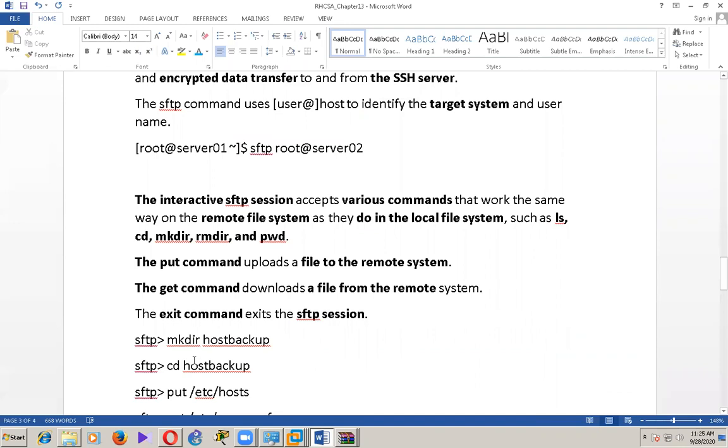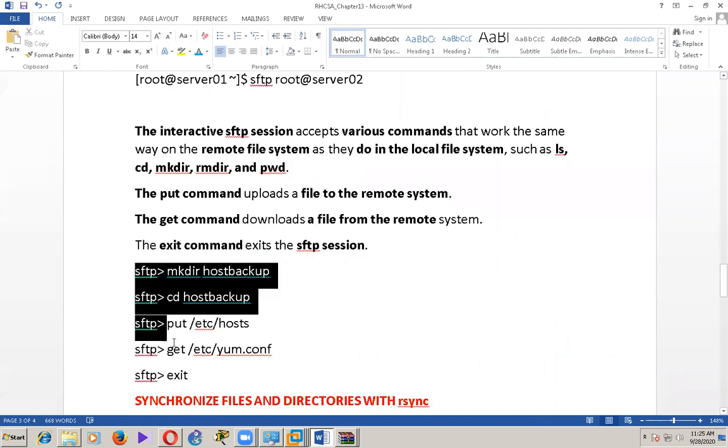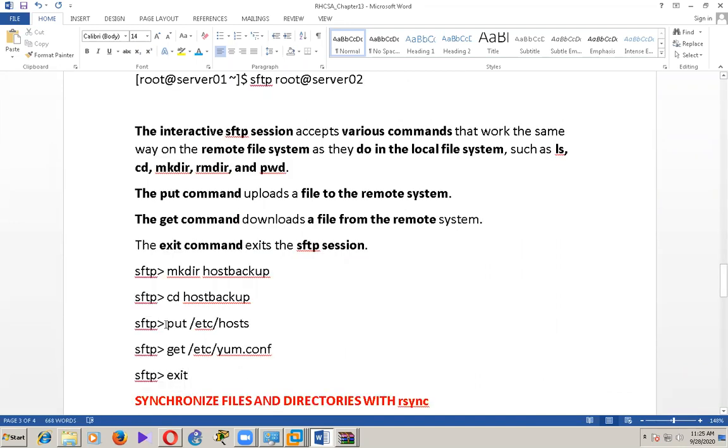This is my put command. Put means upload. We want to upload this particular host file to the FTP server, and I want to download this particular file from the FTP server. So we use put to upload and get to download files.